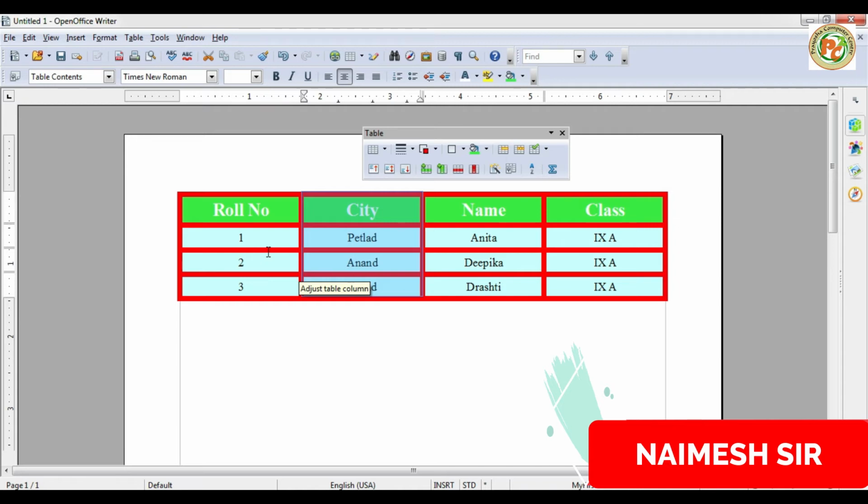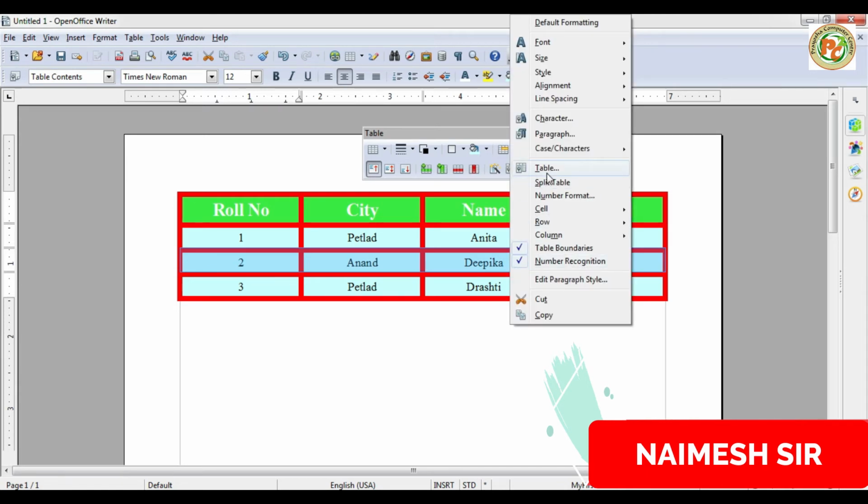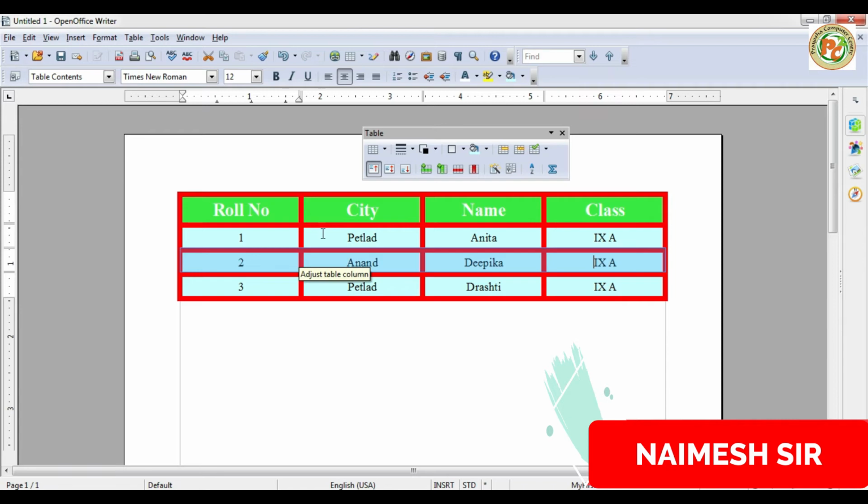Okay, now if you want to delete any column or row, suppose now this number 2 I want to delete. Okay, so how to delete? Right click on this and we have the option to delete it, or simply we can click on the delete button also. Okay, so let's start, delete it. Not from here but just click here and we will have the option here, this option. Yes, we have the option here.